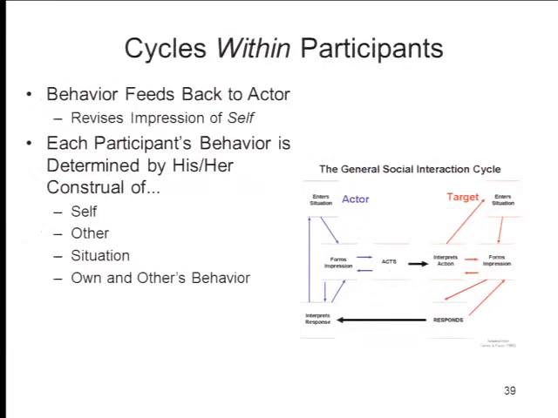Now, just to make this point, there's a cycle that goes on between the two participants in the social interaction, but there's a cycle that also goes on within each of these participants. They themselves are changed by what they think and by what they do. So, for example, she now knows that she's capable of asking somebody out on a date. Maybe that's something she never thought she was capable of doing before, but now she knows she can do it. And having successfully, more or less, navigated